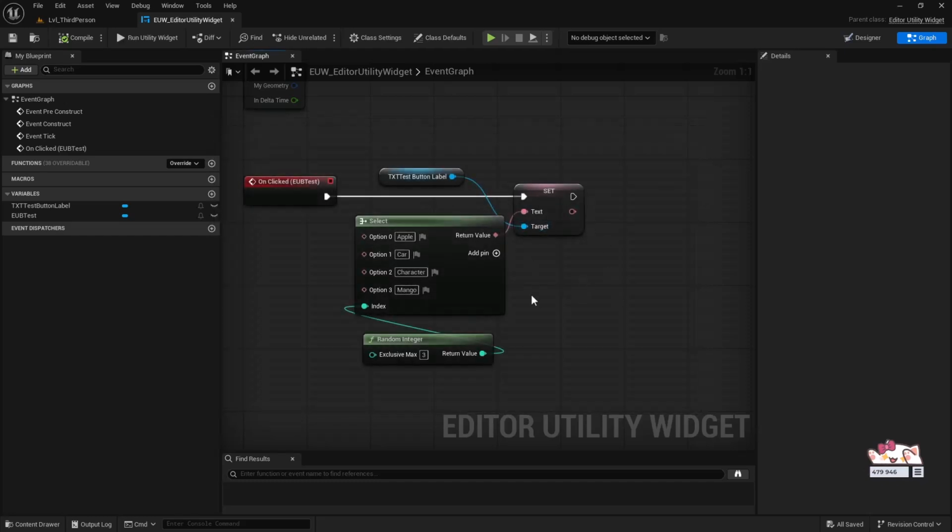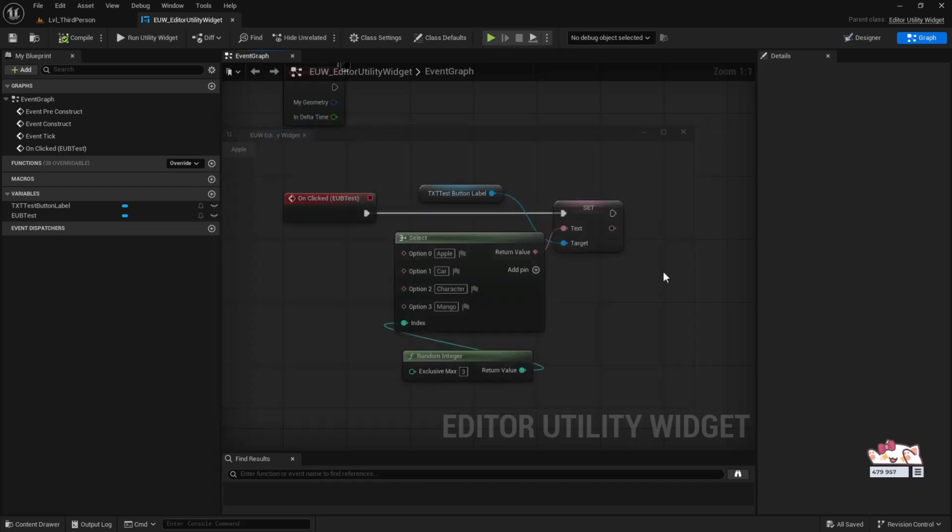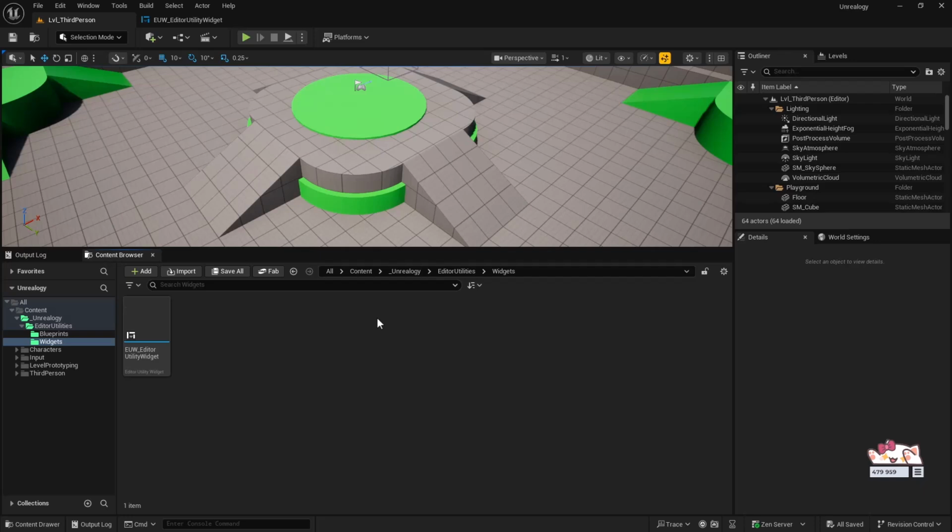Great. Now this is a simple button that I have created, and you know that this kind of button can be created within user widgets as well, right? If you want this kind of button for your game, you will be creating a user widget and this button exactly the same way that I did now. But if you want to change something within the editor, how can I do this? So what if I want to load a different level